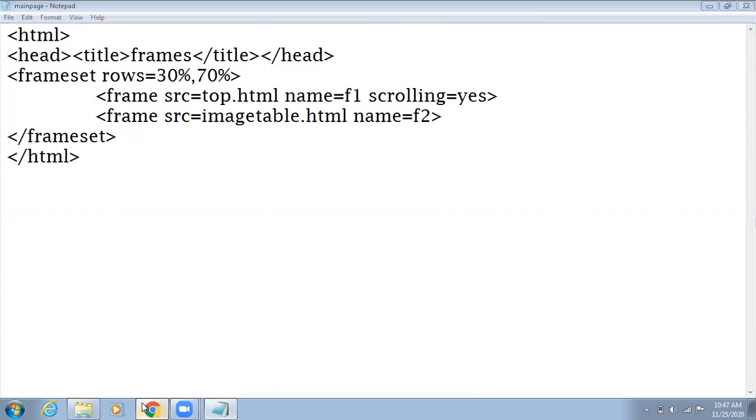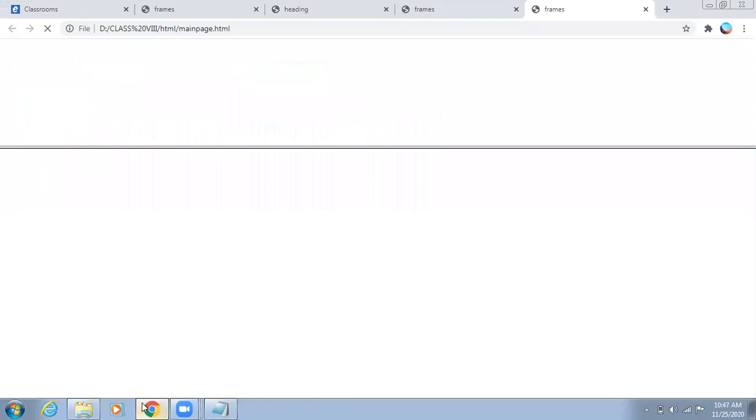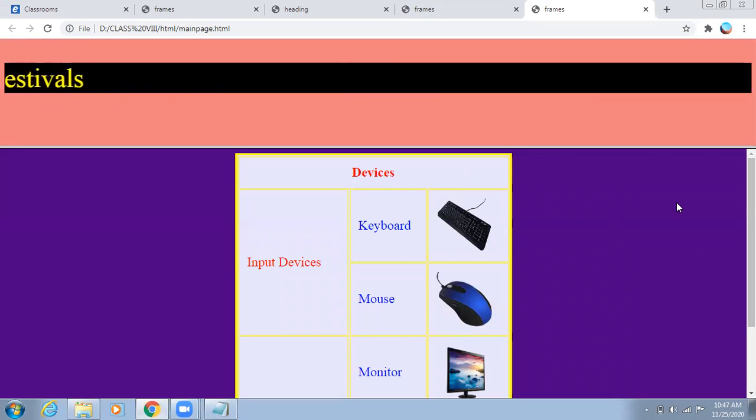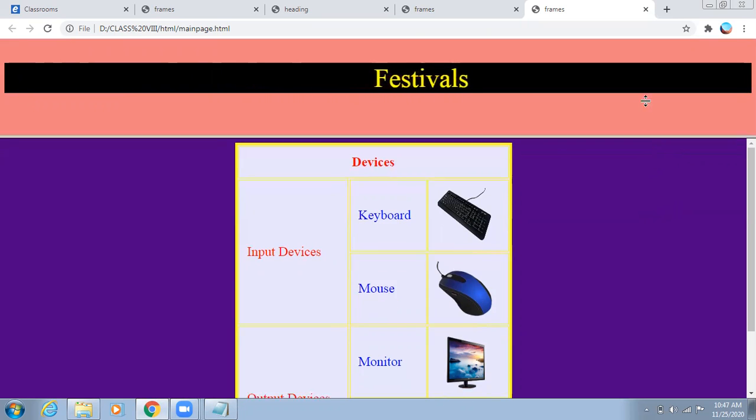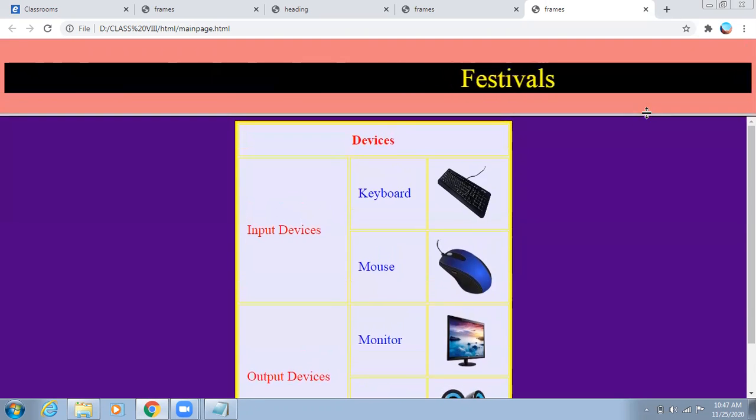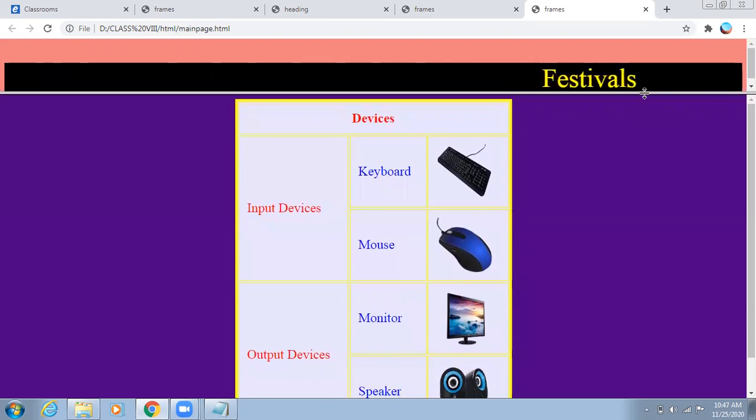Save, check. Because the content size is not bigger than the visible area, the scroll bar is not coming. If I reduce it like this, then automatically the scroll bar will appear.